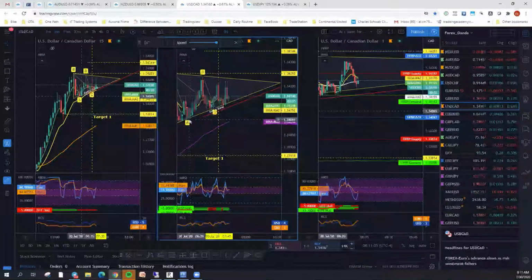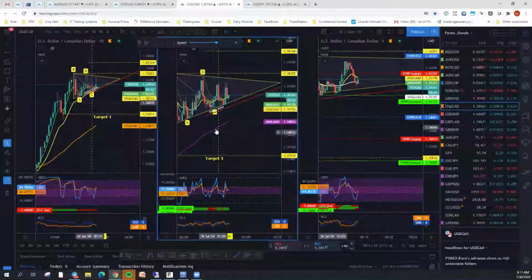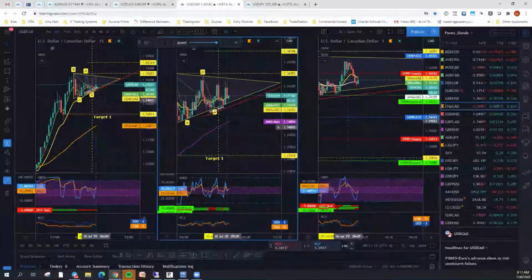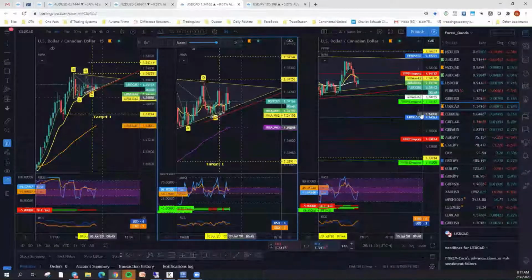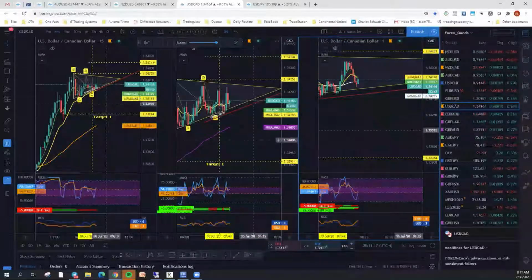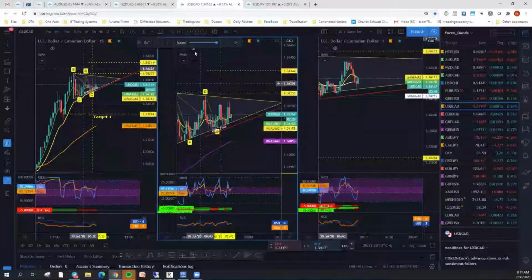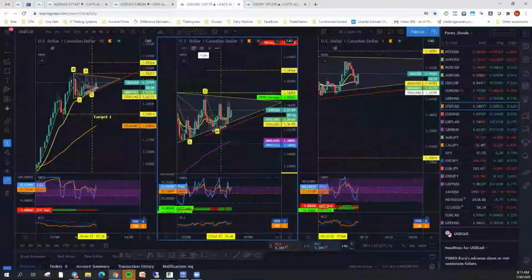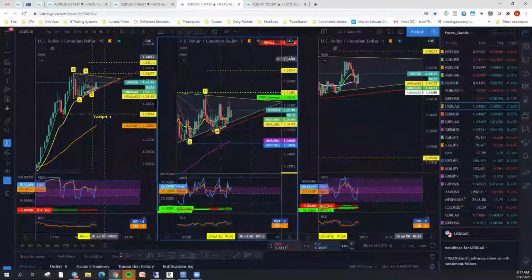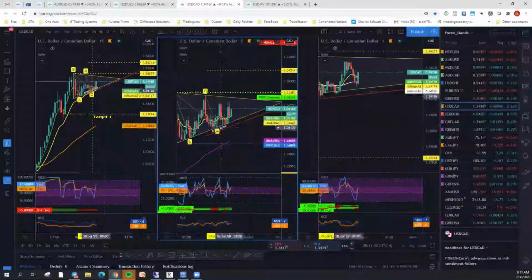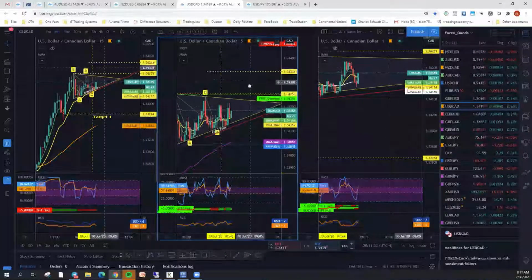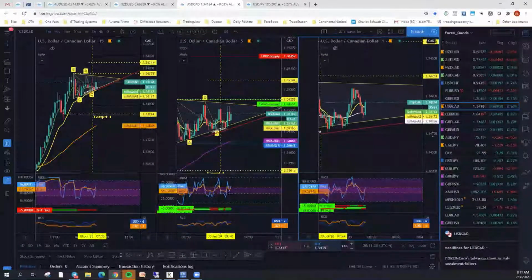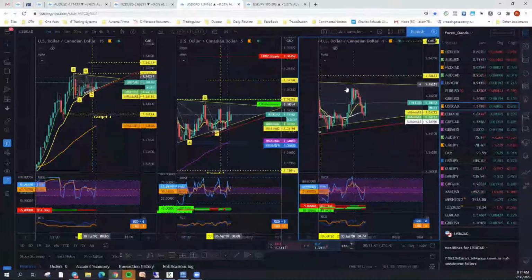We should be right in this area here. Once it breaks that, now we also have a 62 moving average coming in on the 5-minute. That would cause some problems as well. So keep all that in mind. I like using the pips on the 52 on the 5-minute just because those are 21 pips apart. And if I can catch the break out of the zone near one of those, it's usually a pretty strong move. But right now it's just consolidating and bouncing back and forth inside the wedge, just waiting for it to break.